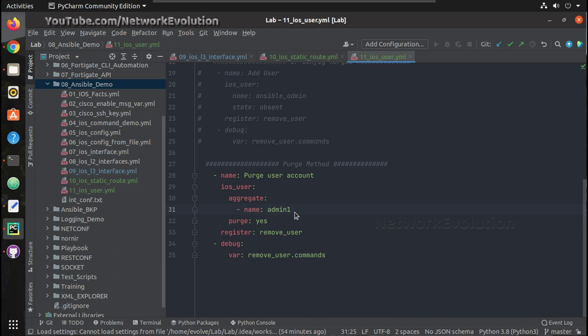Now I'm going to retain only the usernames admin and admin1. Admin will be kept by default, so the other users we can delete using purge.